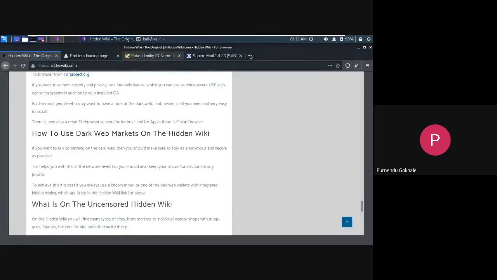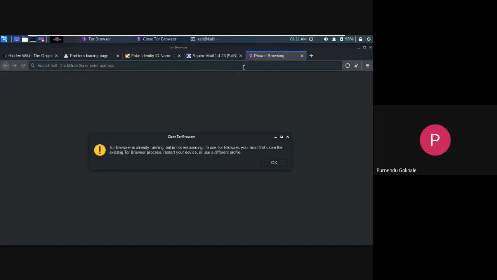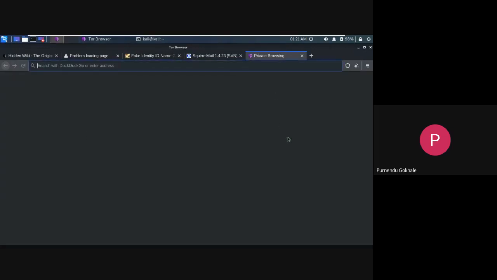When I open this, my IP is already hidden and it already acts like a VPN, because everything is masked.